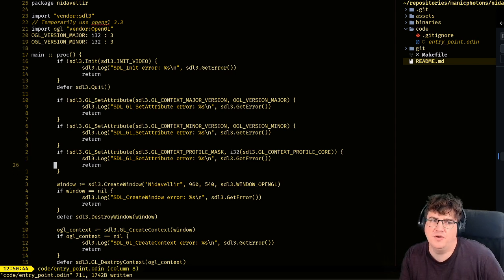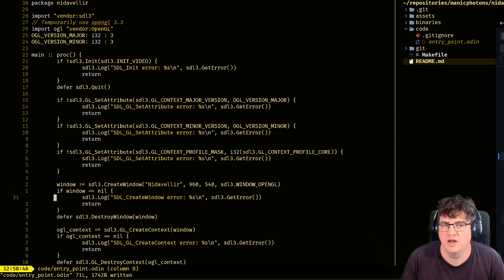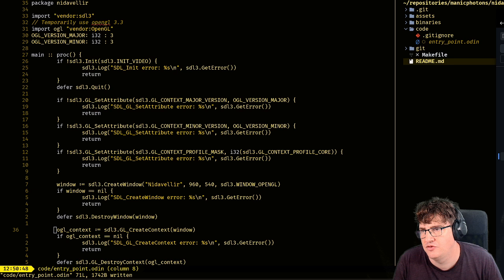Now the question is, do I need to set these before window creation or can I set them before context? That would be a slightly neater way of doing it if I can.